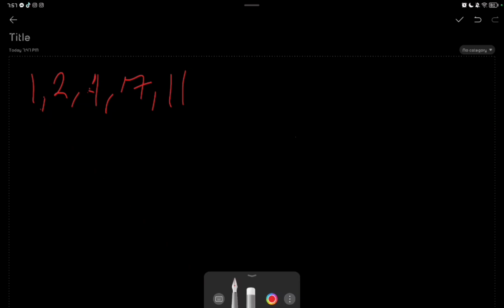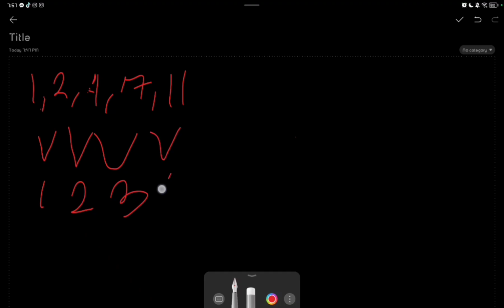So just like what I did in number 1, we will identify the pattern. For the pattern here, as you can see, it was adding counting numbers like this one. 1 plus 1 is equal to 2. 2 plus 2 is equal to 4. 4 plus 3 is equal to 7. And then 7 plus 4 is equal to 11. So we will now find the next three terms since we know the pattern, like the counting number.